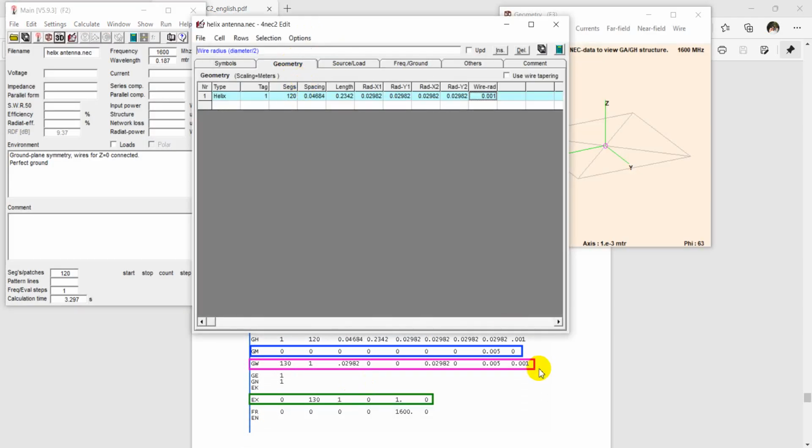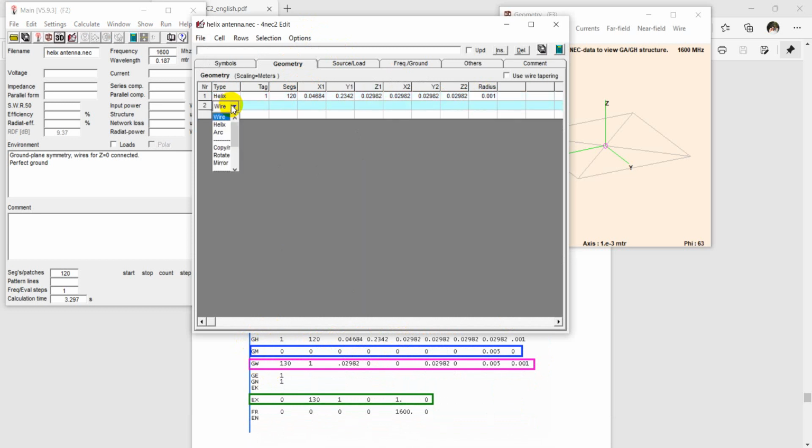So when you want to design this type of parameter, then you have to put the value in the geometry option, and in the first segment you put the value of geometry of the helix, which is this parameter. When you see the geometry move, then you have to set the value of copy or move. So when you have the geometry move card, you have to set it to copy or move. Then you have to set the tag value 130 and the segment is